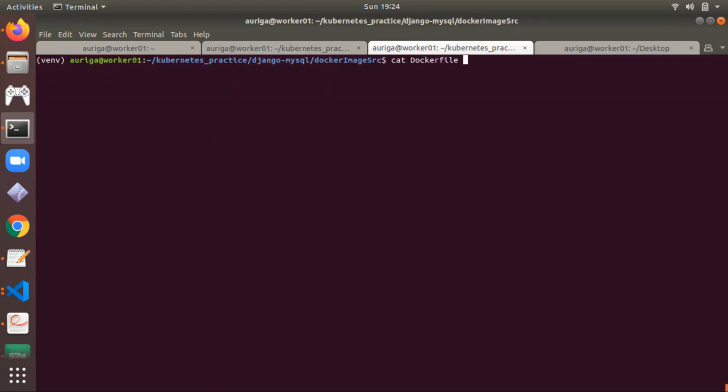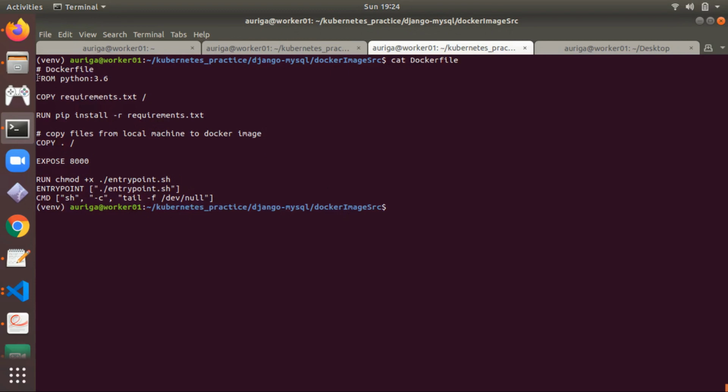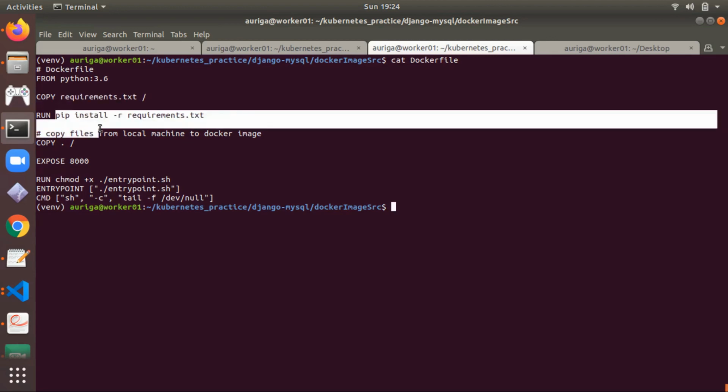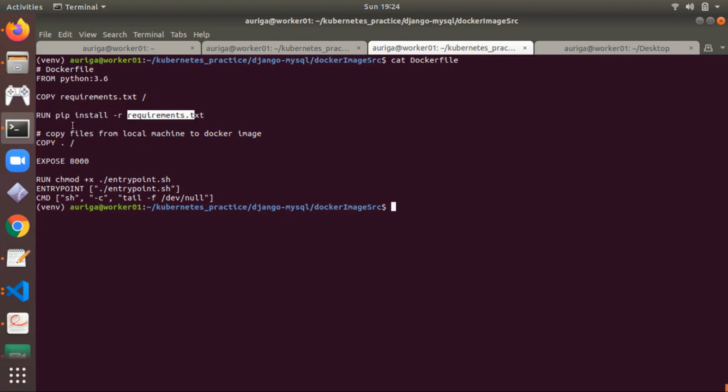So this is the Dockerfile. I used Python 3.6 as a base image, then copied the requirements.txt file, installed requirements using pip, and created a